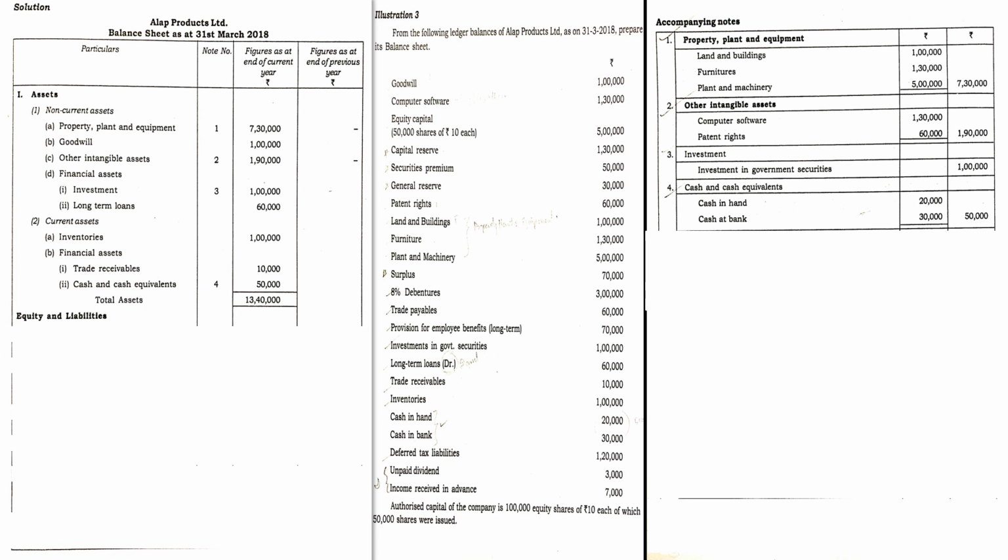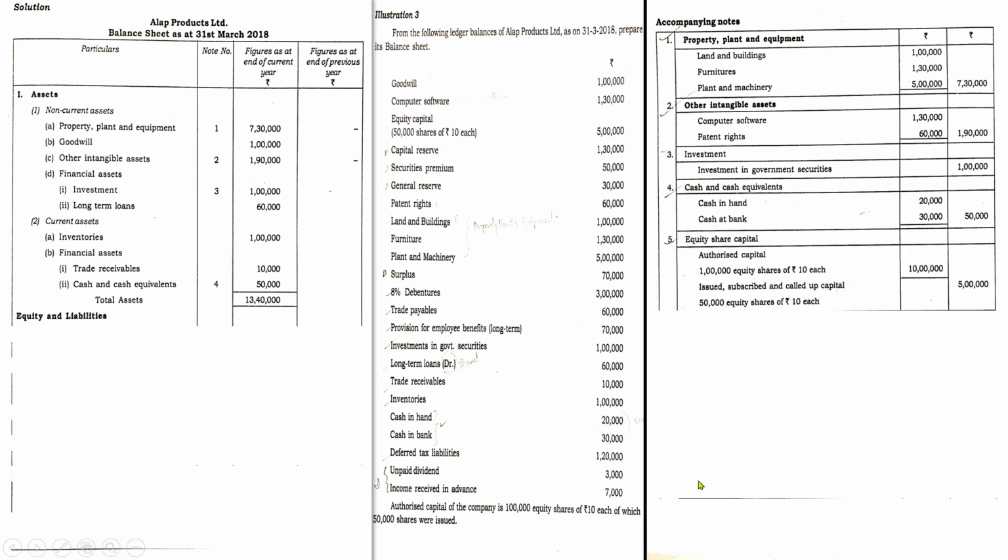Since in the question authorized capital and issued capital are specifically mentioned, you have to show them in the statement of financial position. And while showing it, don't add together all these values, because there is a meaning for authorized capital, and for issued capital also there is a meaning. We have learned in detail all these categories, so it has to be presented accordingly. Let me show it. First one, equity capital. First one, authorized capital. 1 lakh equity shares of 10, that means 10 lakhs capital was the company's plan to raise. But out of 10 lakh, the company issued only 50,000 shares, that is 5 lakh rupees worth of